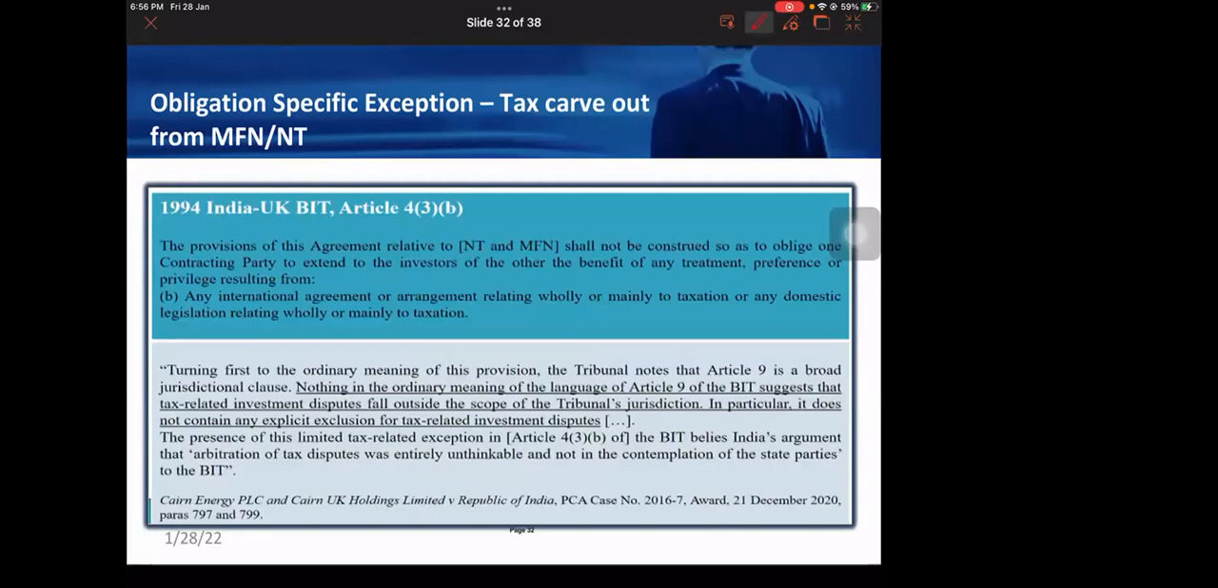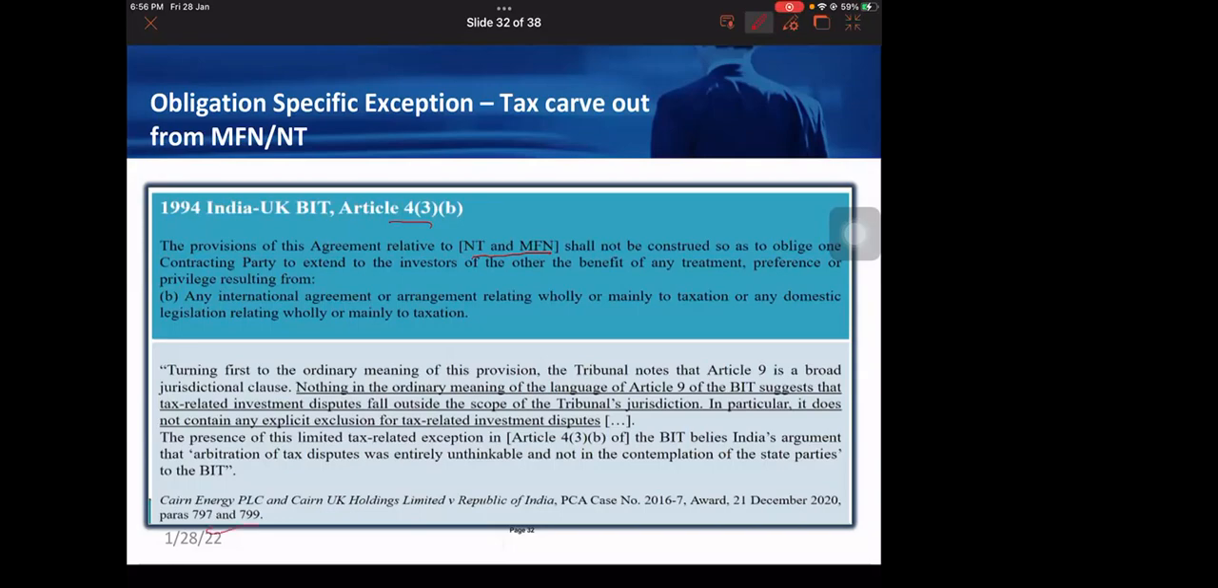Now, other variations of carve-outs. The point I'm trying to drive here is you have to look into each treaty and see. For example, the big disadvantage in the Cairn Energy case which India had is there was a tax carve-out under national treatment and MFN, but there was no tax carve-out for fair and equitable treatment. Which is what the tribunal would have said in para